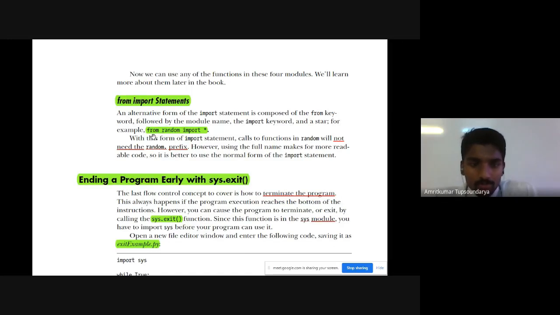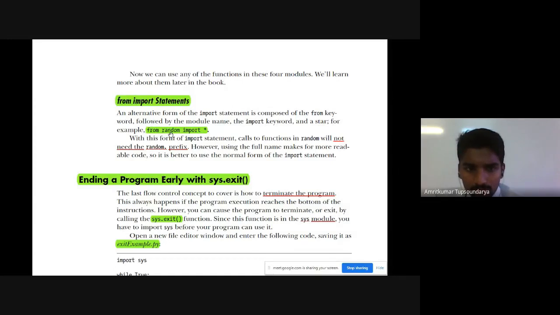If you want to import the random module and make use of all the functions inside it, you can simply declare at the beginning of the program: from random import star. Star here means anything inside that random module. By declaring this, you have access to all the inbuilt functions within that random module, right?